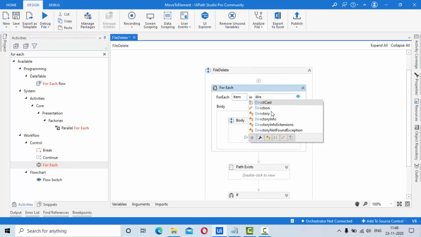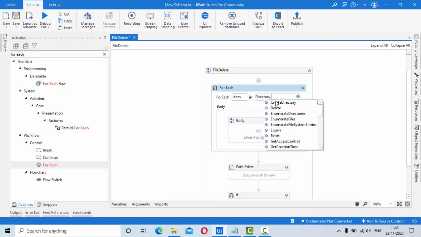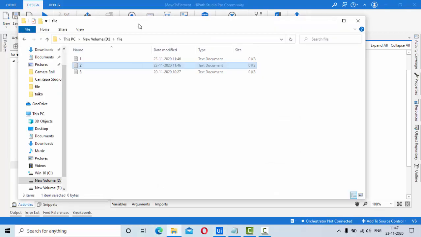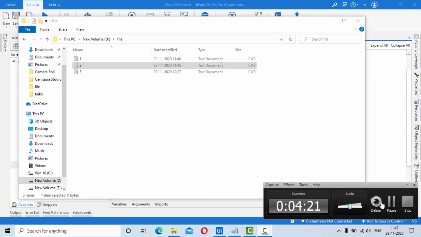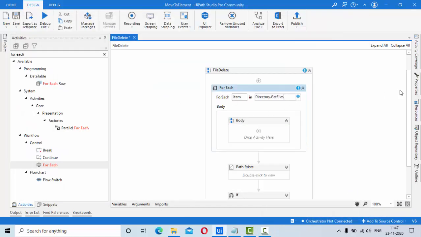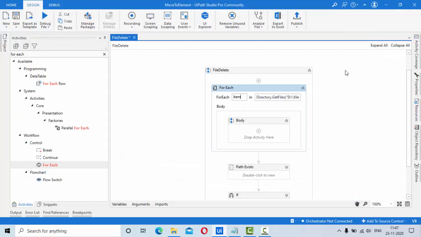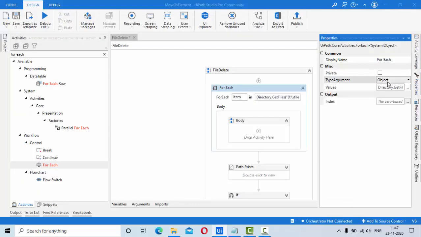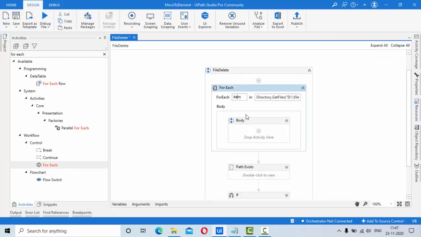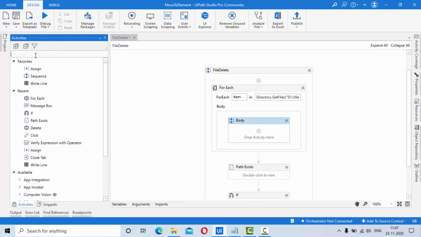So the method here is Directory.GetFiles. Then let me try to print something like all the files here.